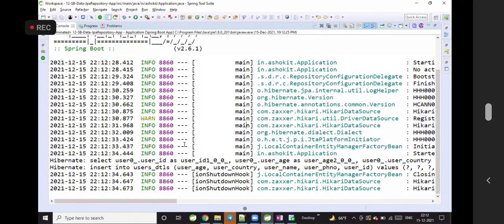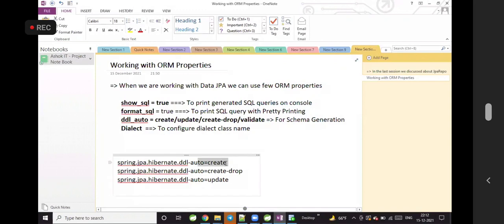So what is the meaning of create, create-drop and update? Create: always a new table will be created. Create-drop: at the end, the table will be dropped.